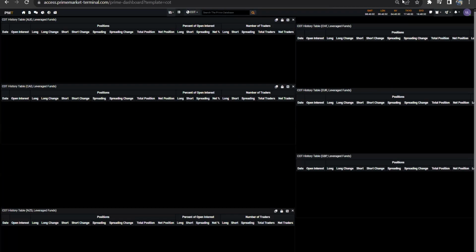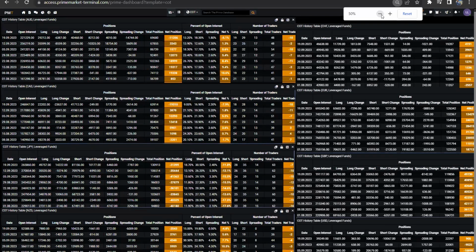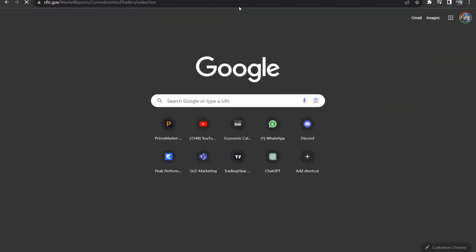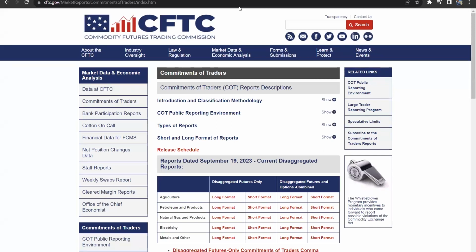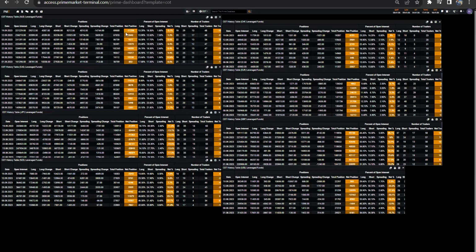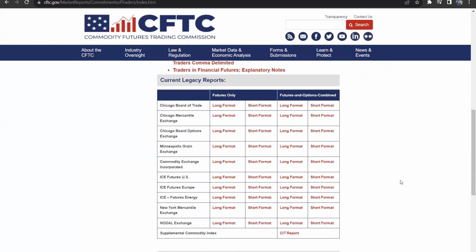There you go. So basically, the COT is a tool that we use to see whether institutions are positioning themselves. So they have to report to the CFTC, that's the Commodity Futures Trading Commission. And you can grab this data for free. If you guys want, I can do a video for YouTube on how to grab this data and make it look nice like that. Because when you grab the data, let's go for commodity exchange here,